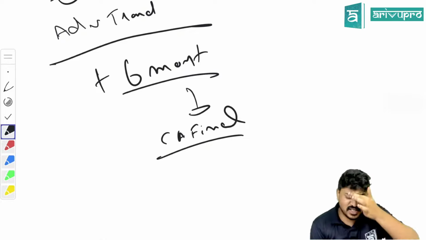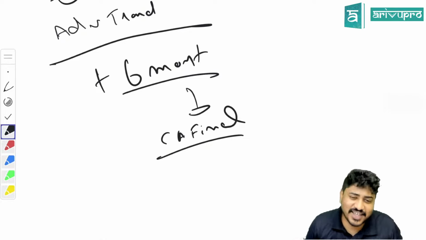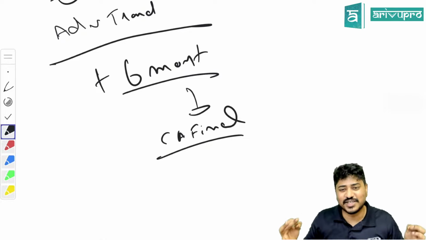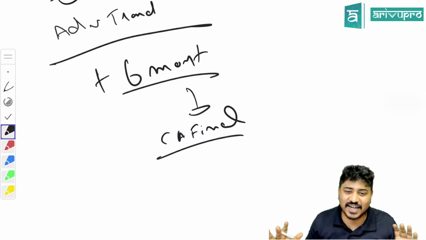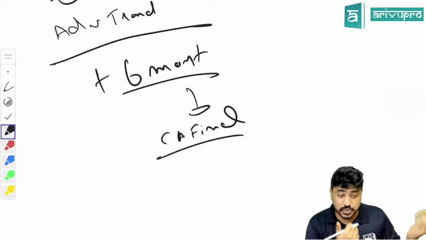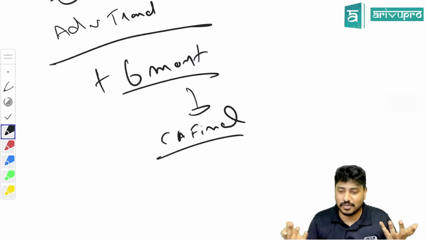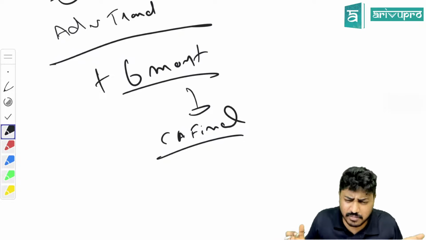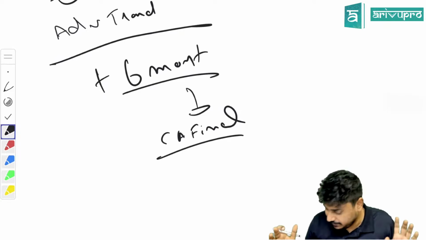Sir, is the new syllabus easy or tough? At the end of the day, guys, when you want to say you're a chartered accountant, you should go through the rigor. Right? It will be the same. Maybe easy to study, but the same difficulty level only they will be maintaining, is what I personally believe.